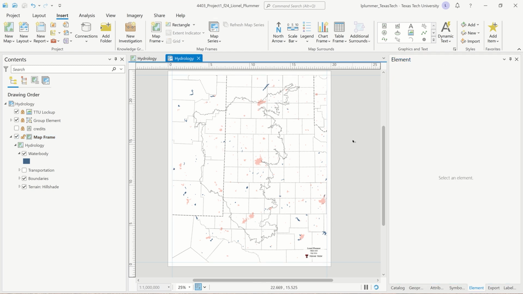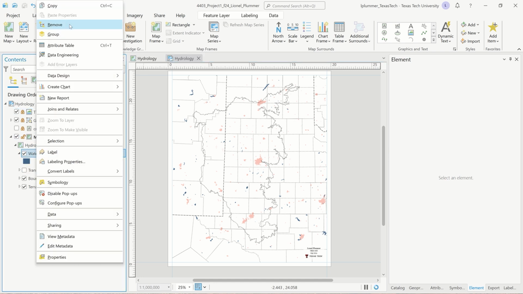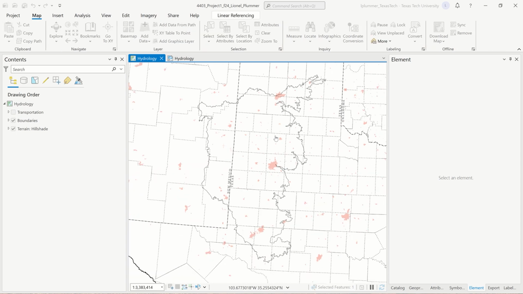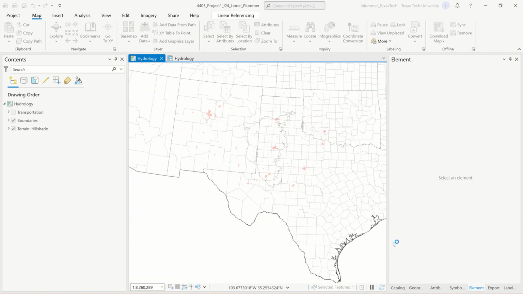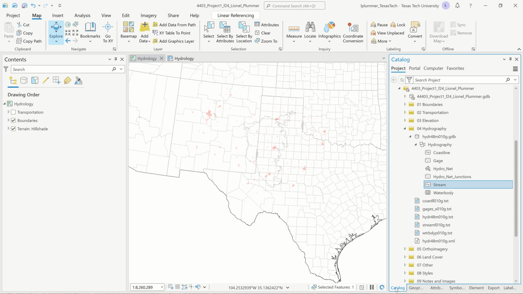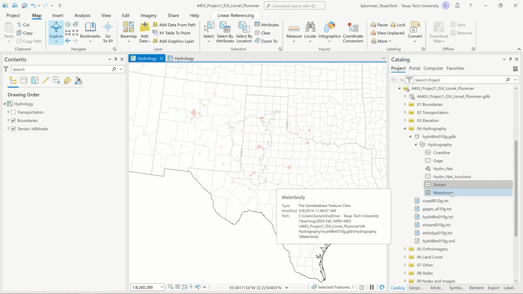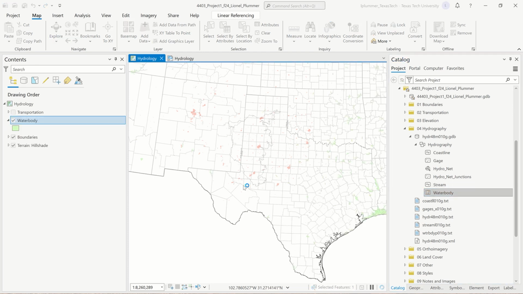Okay, I'm going to click off here to deselect that. And now what we're going to do is, let's come over to hydrology, the map, and we're going to go to the catalog, and let's start with the water bodies. All right, so just drag and drop that over,